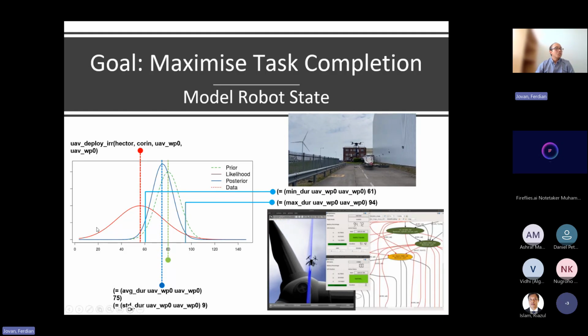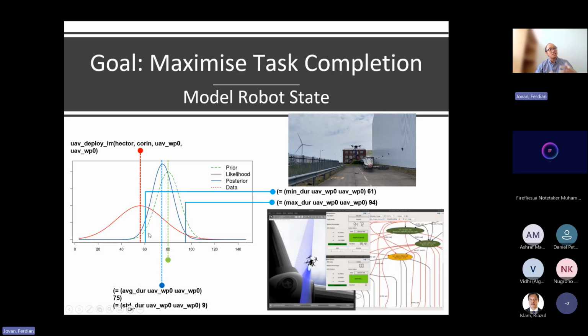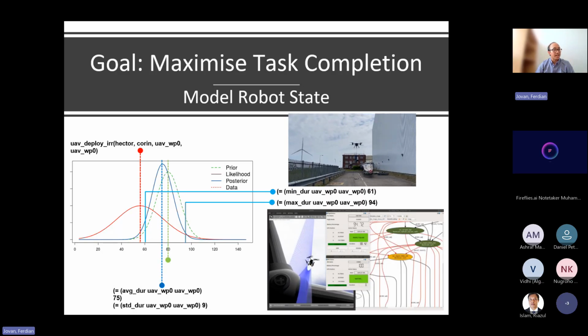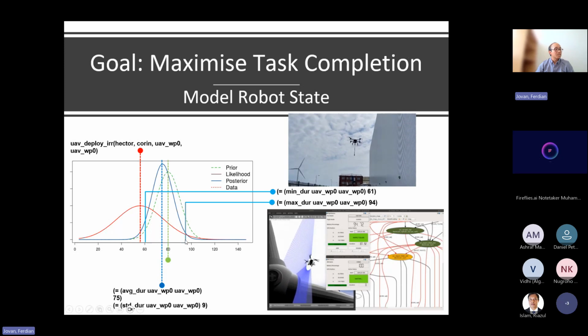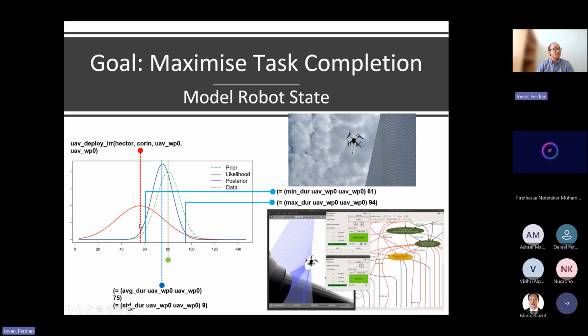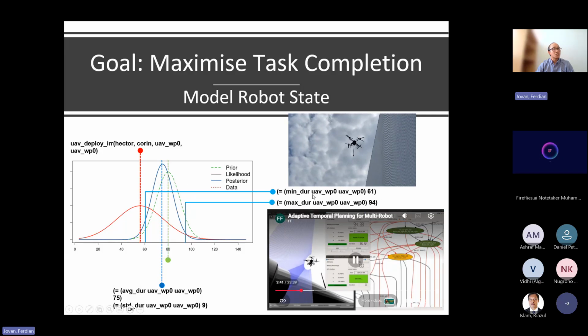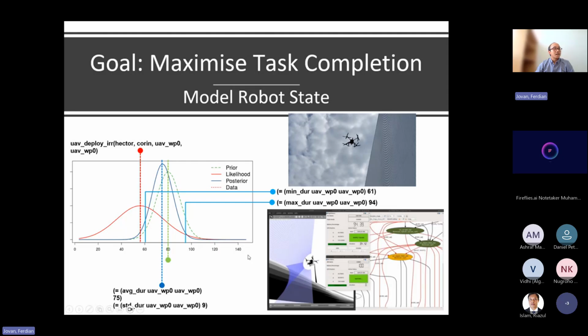In this case we use not a point, but the minimum duration it takes to do this action and also the maximum expected duration from the distribution. This is what you give to the action definition in the PDDL domain.